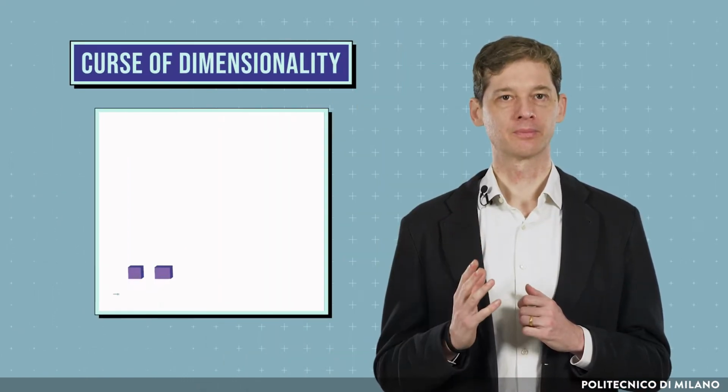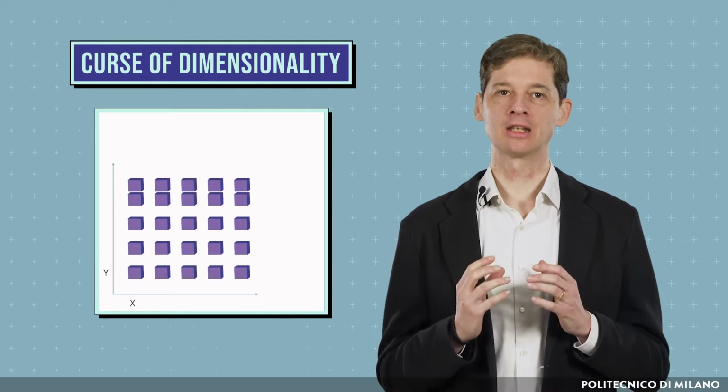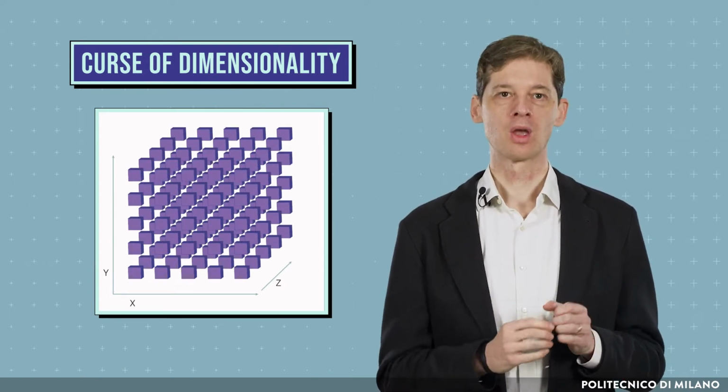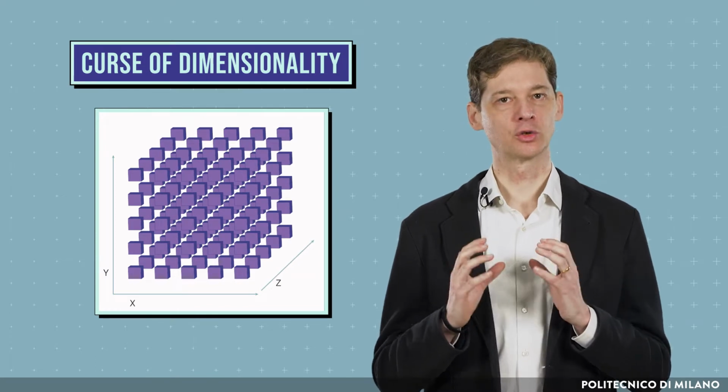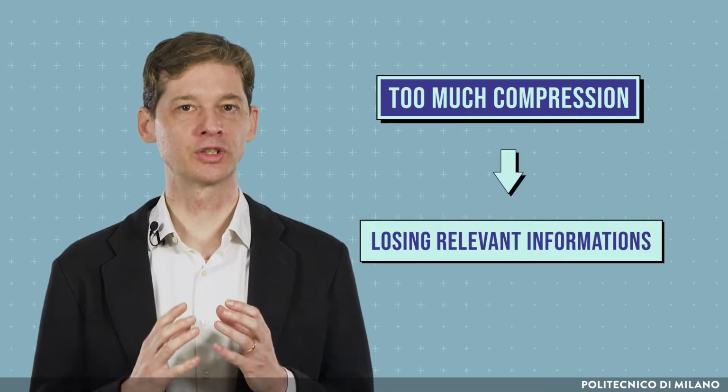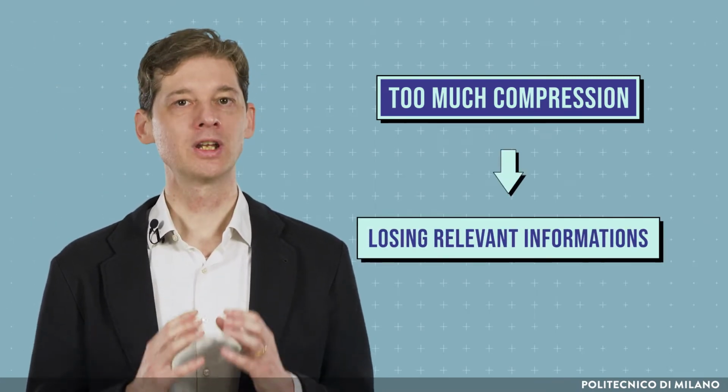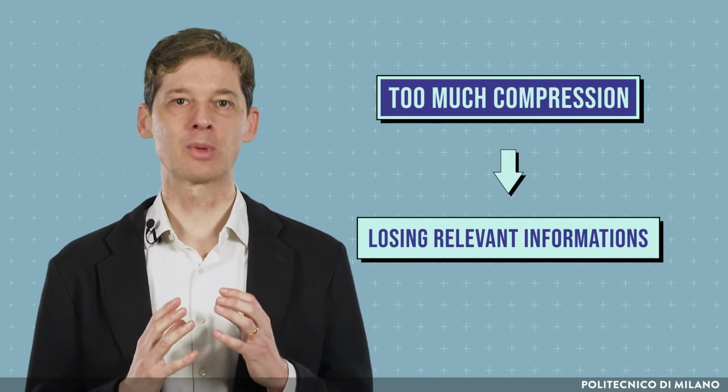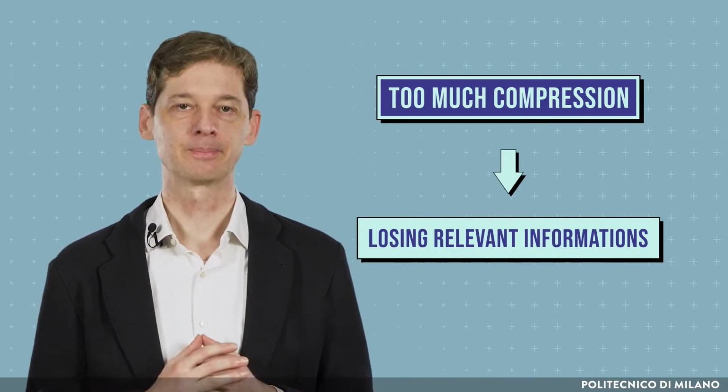Learning in problems with high-dimensional input spaces requires considering complex models, which need many samples to be trained. This is called the curse of dimensionality. Dimensionality reduction aims at representing our dataset in lower dimensions, while maintaining most of the information that is contained in our dataset. Working on a compressed representation requires fewer samples, but compressing too much can be harmful, as we risk losing relevant information.